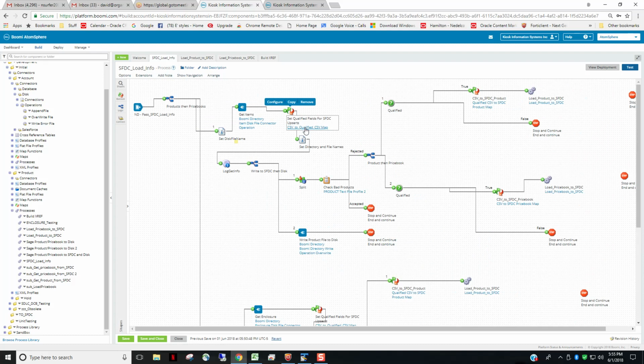And the other thing is we look at the Sage update date and compare it to the Salesforce update date. If the Sage update date is greater, it's qualified to go. That takes it through here. We actually write the qualified records out, and we then run this